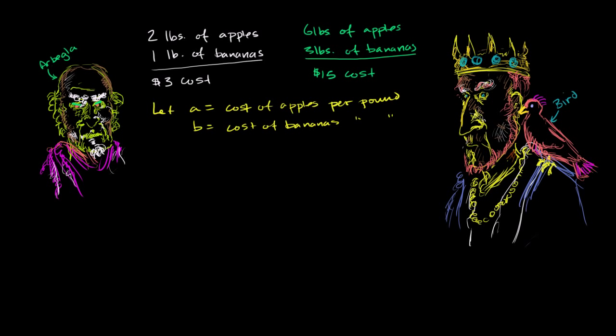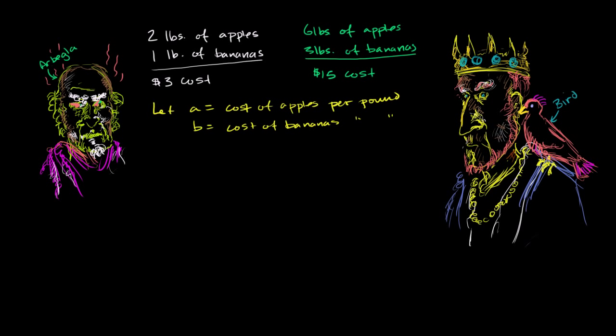Our Begla starts to feel angry and embarrassed that he was shown up by you and the bird in front of the king. And so he storms out of the room, and then a few seconds later he storms back in. He says, "My fault, my apologies. I realize now what the mistake was. There was a slight typing error or writing error.